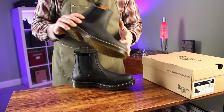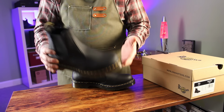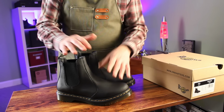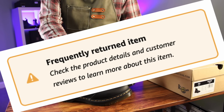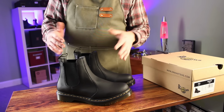From my experience, the fit and finish out of the box for the DM 2976 is stellar. Well, my experience has been stellar. Some people have made a lot of complaints about inconsistent quality control. Amazon flags the 2976 as a product with a very high return rate, and that's usually a sign of some